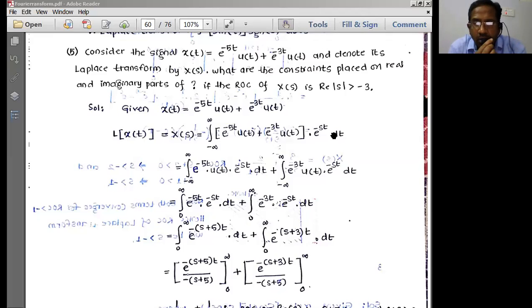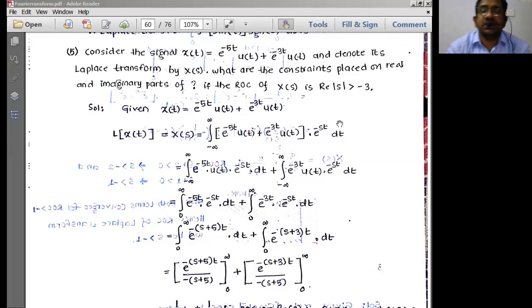Welcome back to the online sessions on signals and systems. In today's session also, we are simply going to carry forward our discussion on finding out the ROCs. And in all these problems, the procedure is going to be the same. The same procedure we are going to repeat for whatever problem we are given.